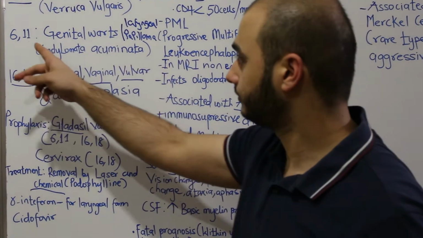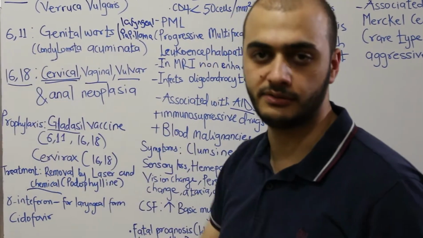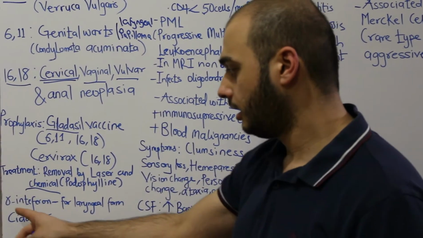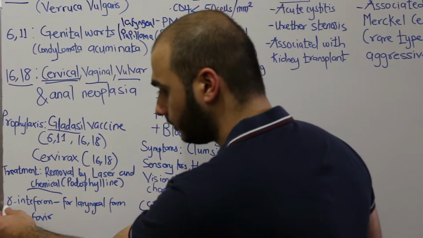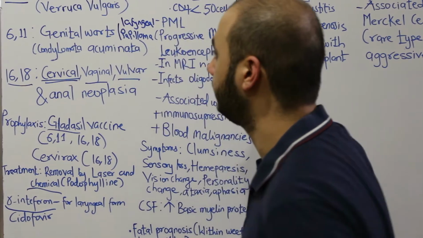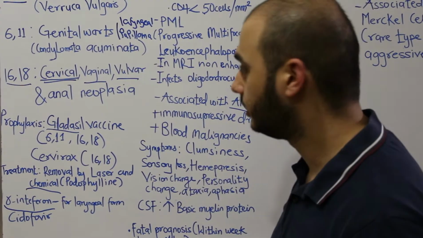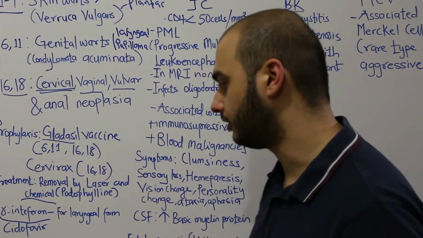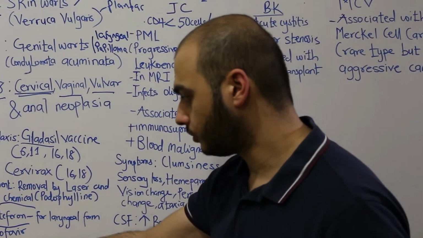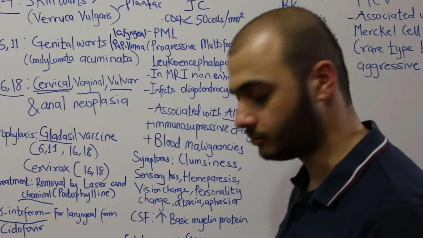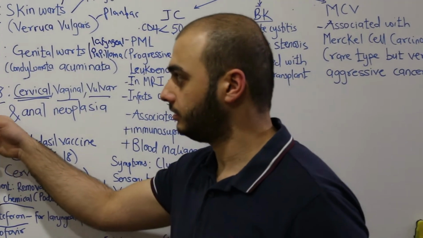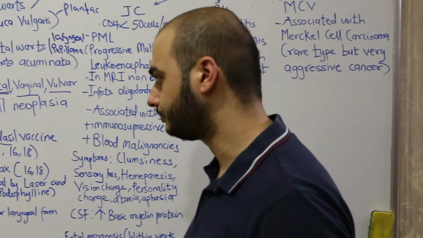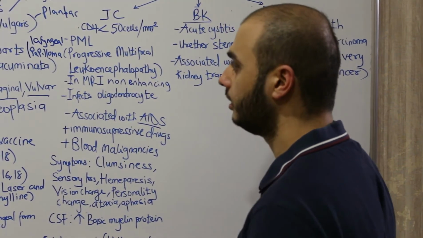Laryngeal papilloma is mostly associated with 6 and 11, okay? And it's benign. And interferon gamma is very effective against this. So for laryngeal papilloma, as treatment, we can apply gamma interferon. And also cidofovir in general, if we apply it, because it's antiviral, it has some good effects. Now,